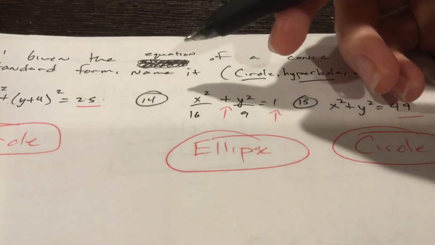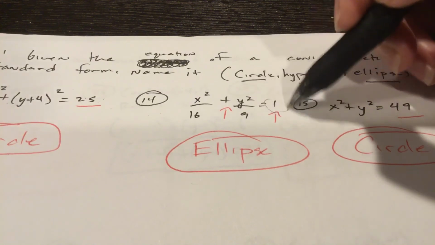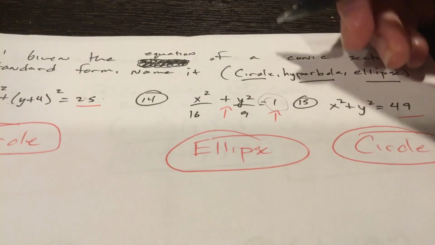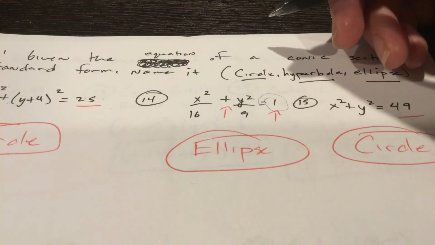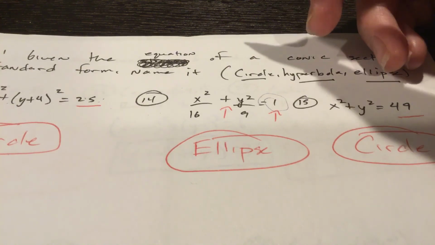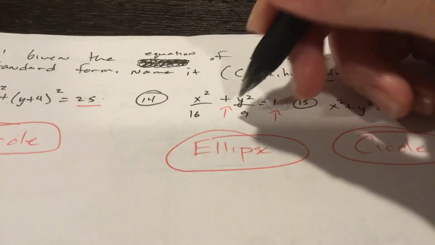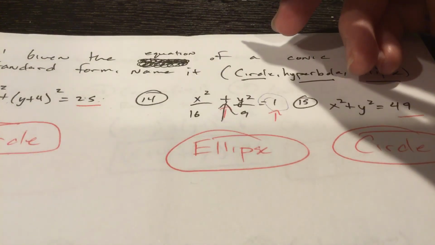Number 14, notice how it's set equal to 1. Both the hyperbola and the ellipse have their equations in standard form. They're both set equal to 1. You're both dividing by either an a squared and a b squared, but the difference between the hyperbola and the ellipse is the ellipse has the plus in between. It kind of looks like a